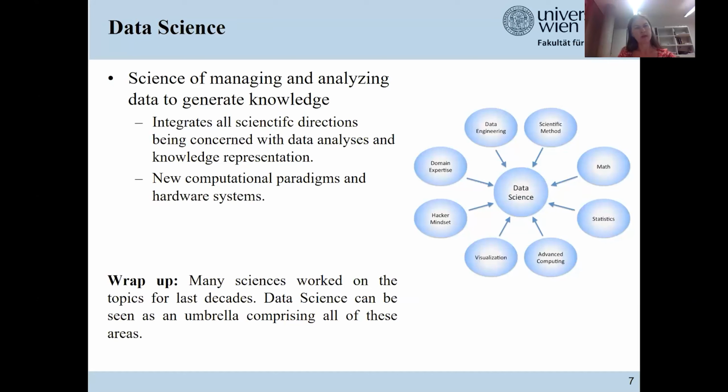To wrap it up, many sciences worked on these topics over the last decades. When you ask a statistician, he or she will probably tell you that they have been doing data science for hundreds of years. And of course, this is somehow true. However, just through the involvement of computational power and the open data and explosion of data on the internet, many scientific discoveries and also business concepts are possible today.